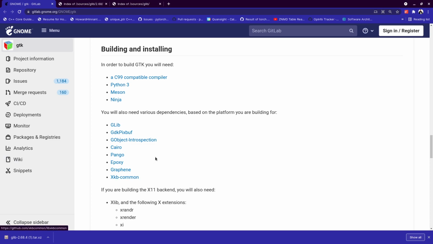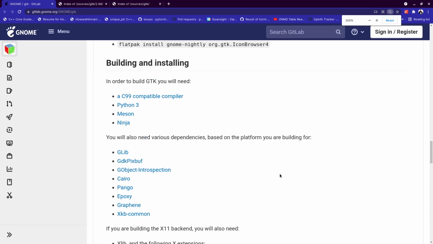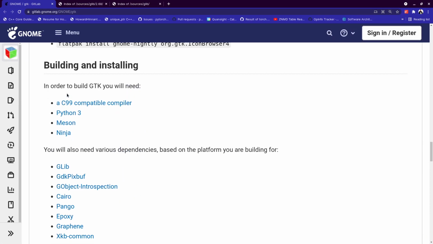I've tried to do a few things there already, so that's why you will see that this is something I've downloaded before, but don't take a look at that right now. The very first thing is you need to go to the GitLab repo of GTK and try to follow the instructions. Always follow the documentation. Don't try to go to Stack Overflow just yet, but we'll go there.